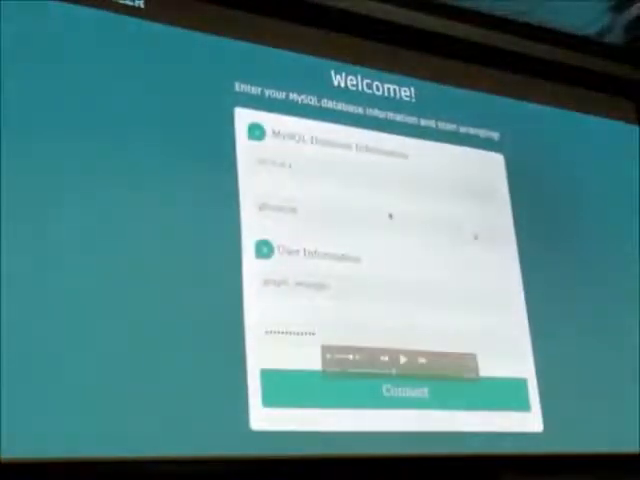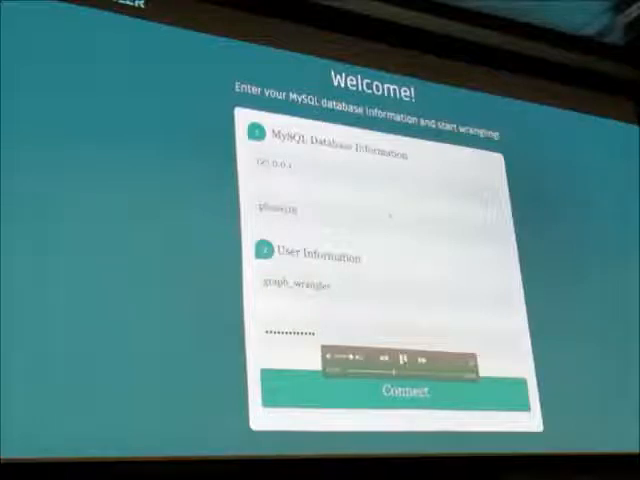Okay, so let's look at the second demo, to show adding properties